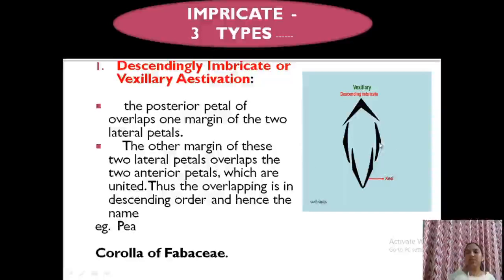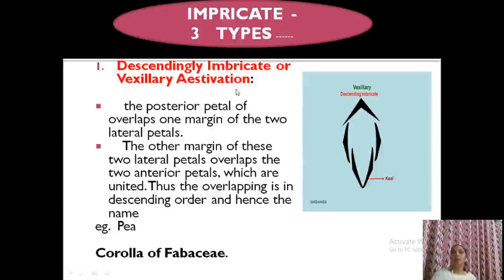So here it is drawn, the petals are drawn like this. So see, I think you got an idea of aestivation, how the petals are arranged. This is a petal, two ends of this petal, other two petals. So other two petals are inside this petal. This is the margin inside, then the other two are inside the margin of these two petals.